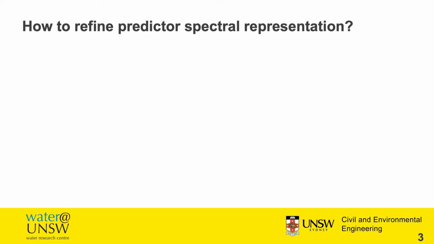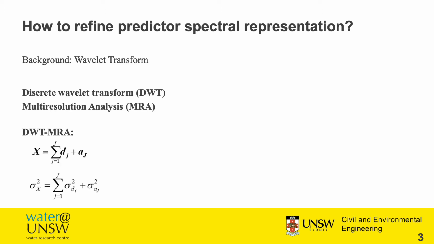There are many ways that can be used to characterize the frequency domain, and here we adopt the wavelets transform. Before I go to the detail of our method, let me introduce some background of wavelets transform. The data we have are often discretely sampled, and thus we use the discrete wavelets transform, for short, DWT. One of the decompositions DWT leads to is the so-called multi-resolution analysis, for short, MRA. So using DWT MRA, we can simply decompose a time series, here X, into a group of subtime series, and there are two main characteristics.